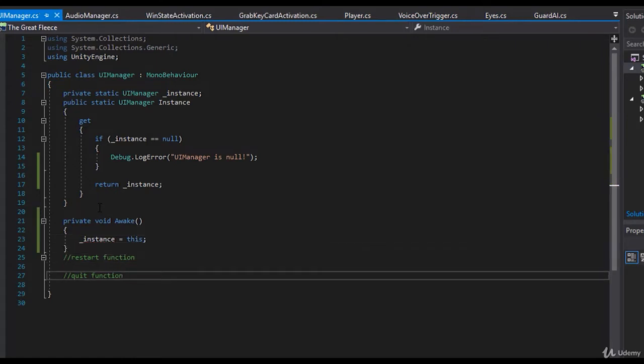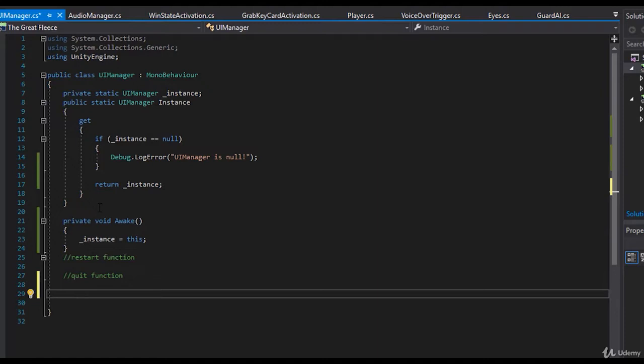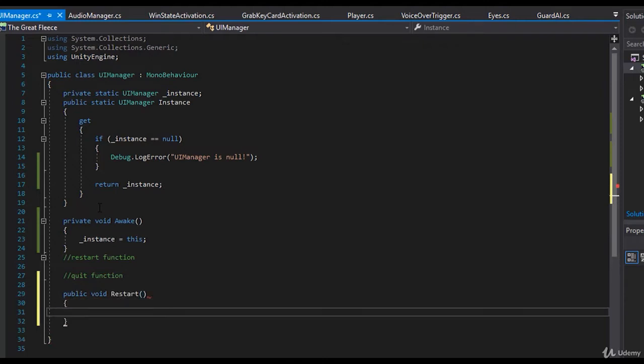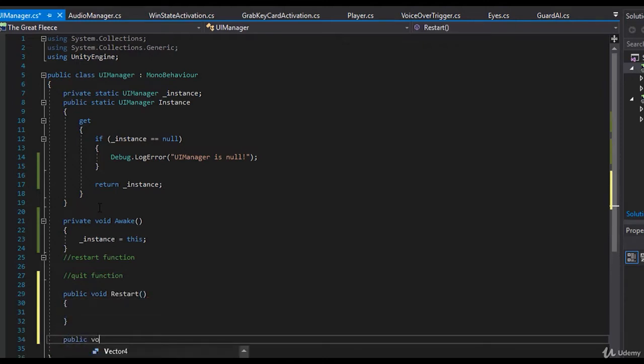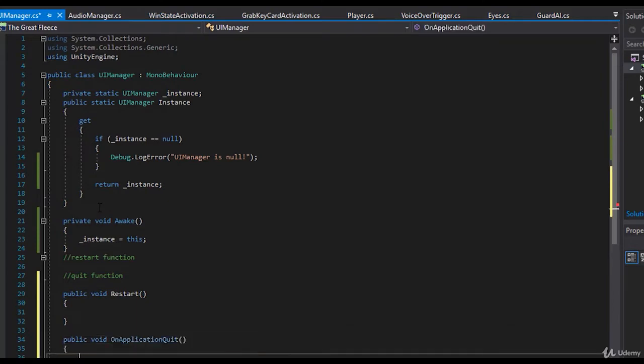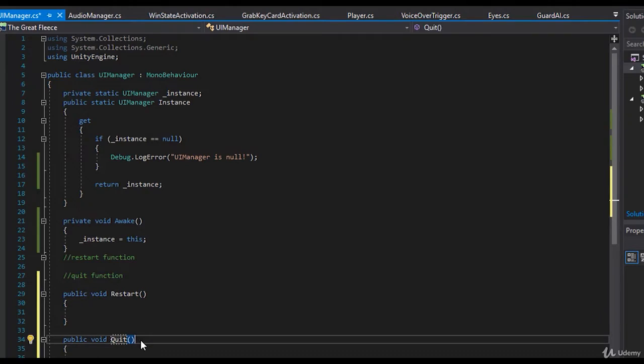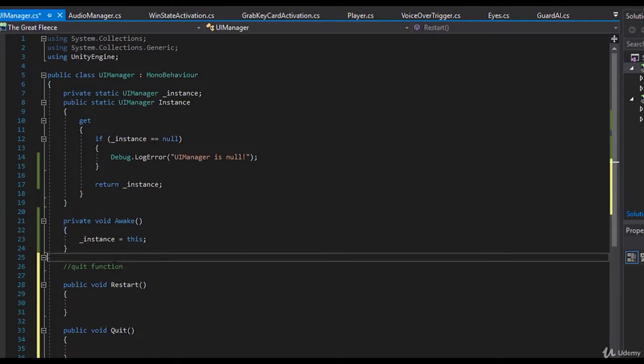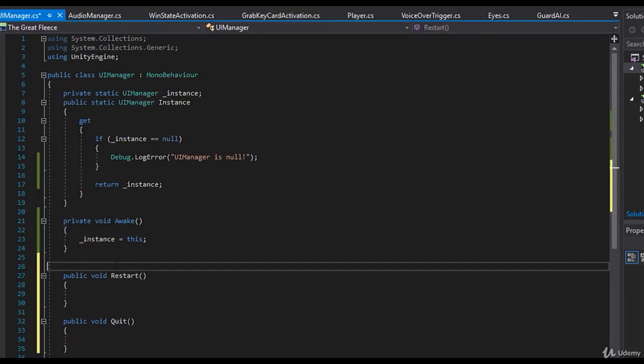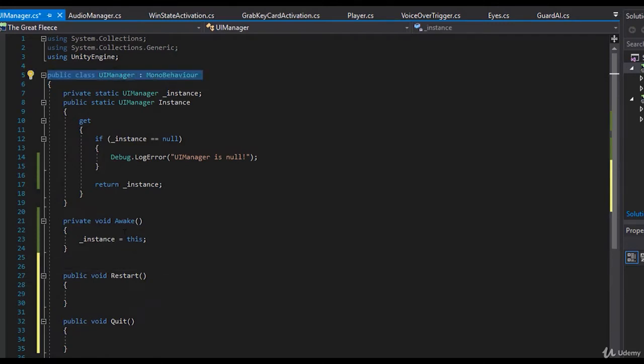Now we have a restart function and a quit function that we're going to be calling from the UI components. So here we're going to have public void restart and public void quit. When you're creating functions like this, you can think of it as kind of like a framework, like a blueprint. That's all a class is. It's just a blueprint. Here's the requirements, and now we have those functions. So we have the ability to access this class from anywhere, and we can call onto these public methods here,